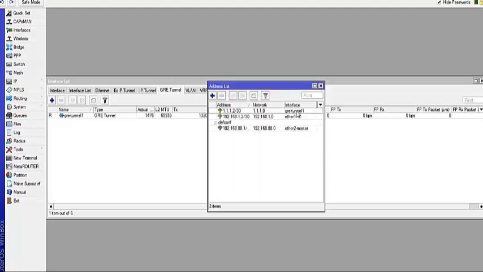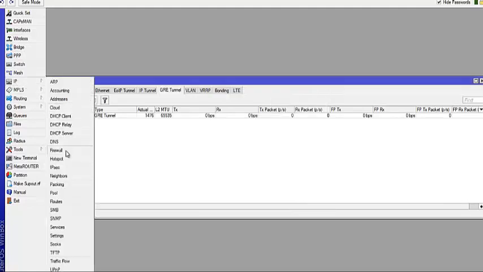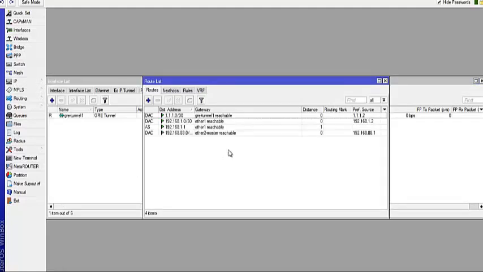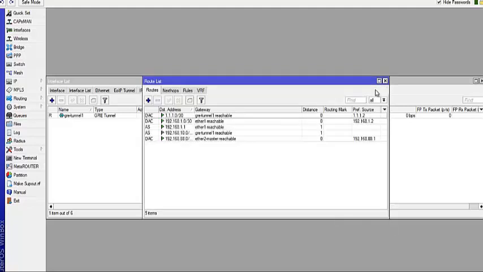Apply and OK. The next thing I'm going to do is set up routing. I'll go to IP Route and add a route to get to the other LAN, which is the 10.0 network. So I'm going to say 192.168.10.0/24, which is the other LAN. The gateway to get there should be the GRE interface I just created. So I'll apply and OK it.